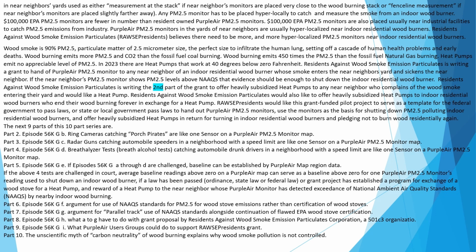$100,000 EPA PM2.5 monitors are fewer in number than resident-owned PurpleAir PM2.5 monitors. They are also usually placed near industrial facilities to catch PM2.5 emissions from industry. PurpleAir PM2.5 monitors in the yards of near neighbors are usually hyperlocalized near indoor residential wood burners. Residents against wood smoke emission particulates, RAWSE presidents, believe there need to be more and more hyperlocalized PM2.5 monitors near